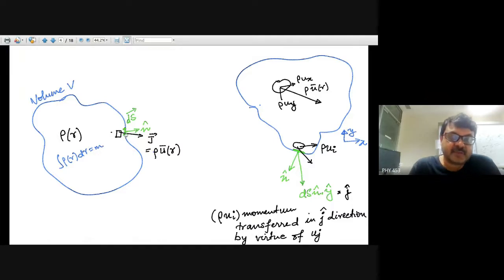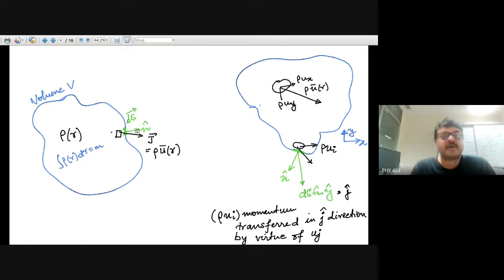So in this case, suppose this is a small surface element, dS, and the normal is n hat. And suppose the mass of fluid is flowing out in the j direction,